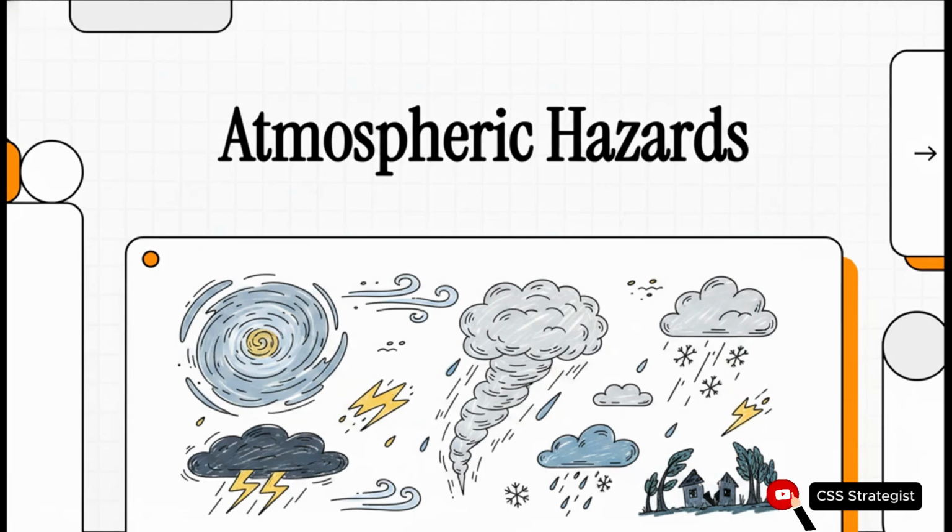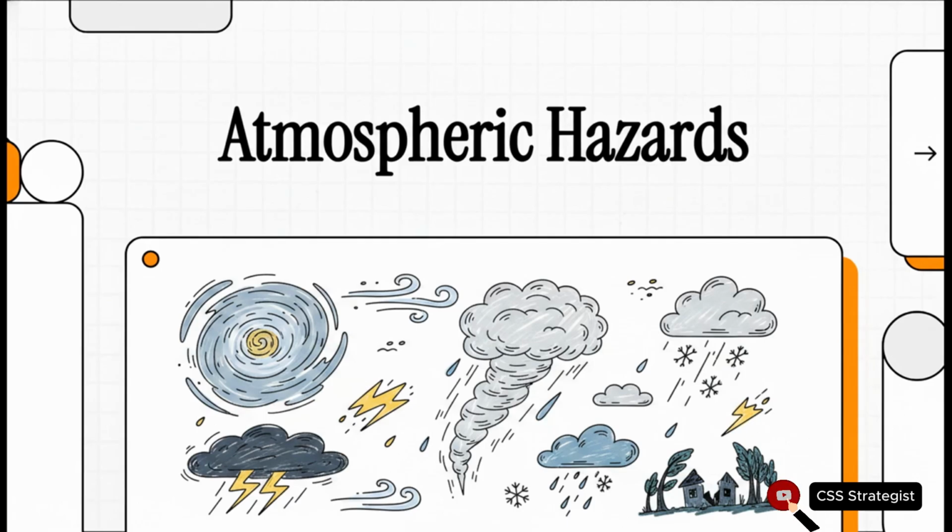Okay, let's just dive right into this. Today, we're unpacking a really comprehensive CSS General Science and Ability Study package, and we're focusing entirely on atmospheric hazards. Look, whether you're aiming to absolutely crush a high-level exam or you're just trying to wrap your head around how our changing climate is driving this extreme weather, getting a grip on the mechanics behind these massive atmospheric events is,